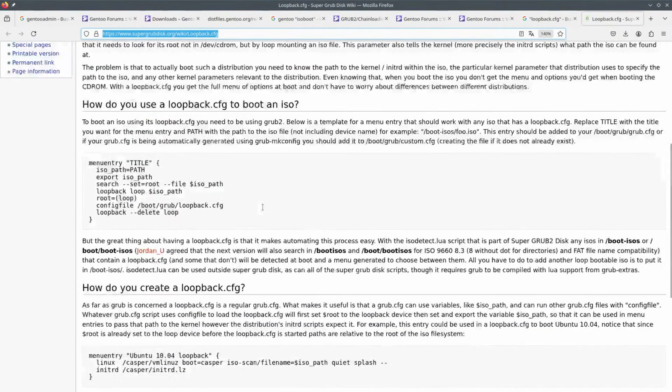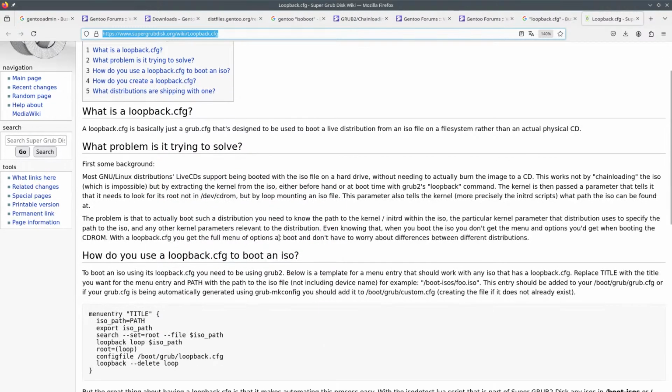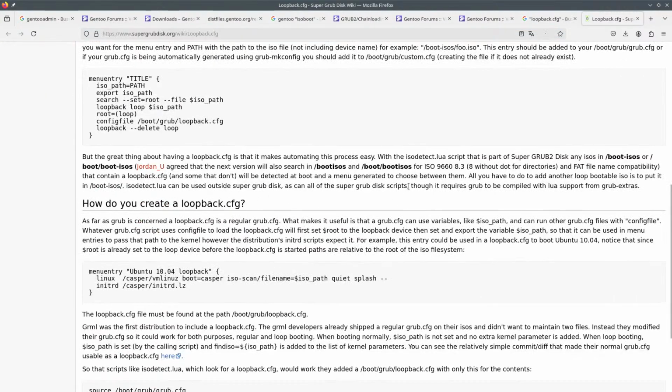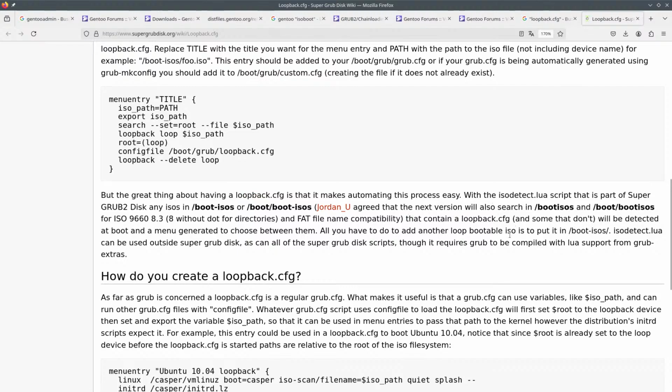So the GRUB URL is Super Grub Disk. Any ISOs that you have in boot ISOs will be scanned by Super Grub2 Disk, and it uses this loopback.cfg so that you can boot all of the stuff.